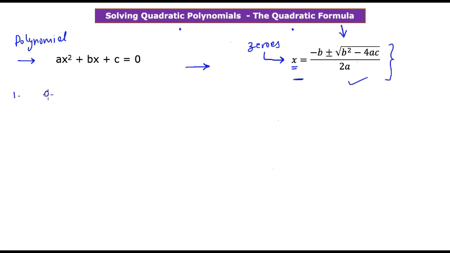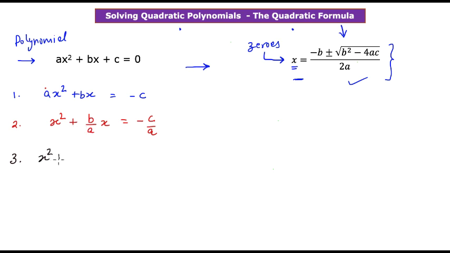For that, my very first step is that I want to separate my variables from the constants. On the left hand side you have all the terms containing variables, and the right hand side is only the constant. The second step is to divide this entire expression by a value so that the coefficient of x squared reduces down to 1. That means I need to divide the whole thing by a. When you do that, you obtain x squared plus b over a times x is equal to negative c over a. The third step is to convert the left hand side into a complete square.